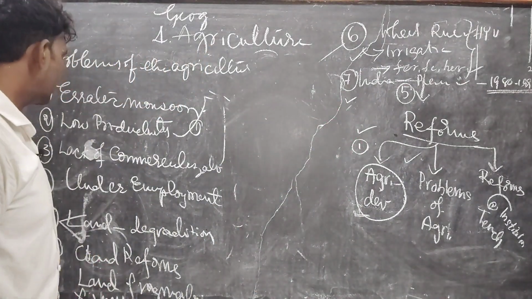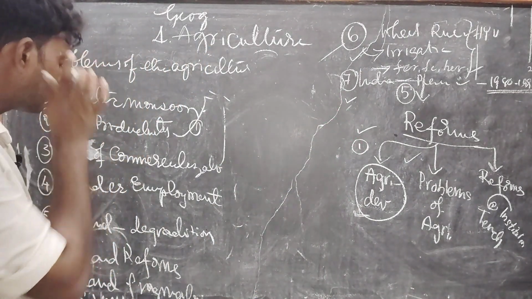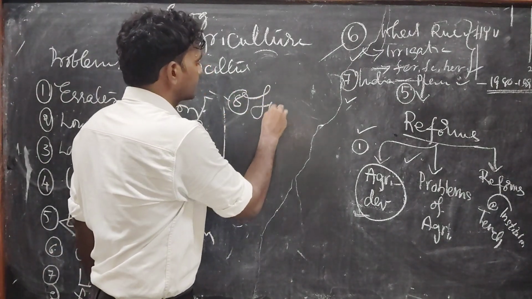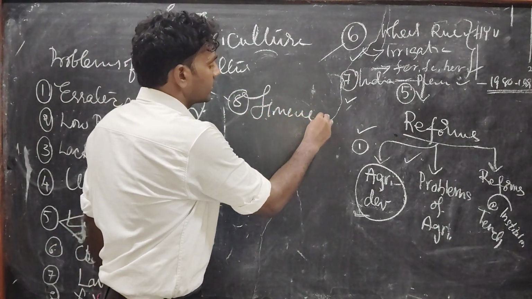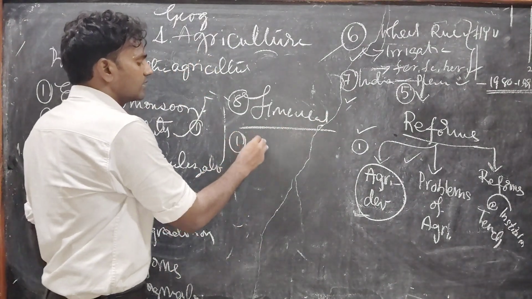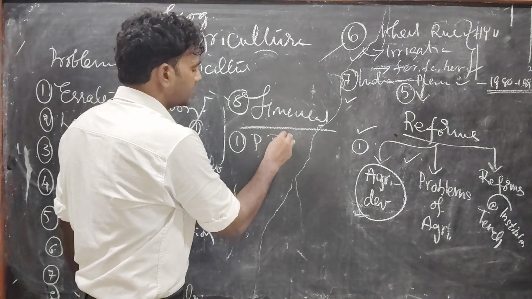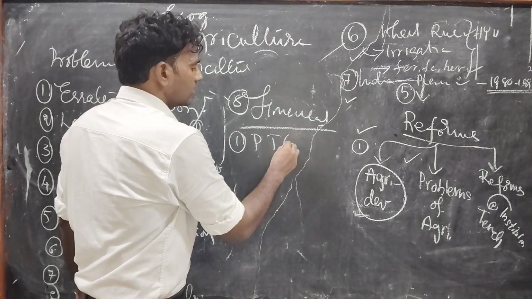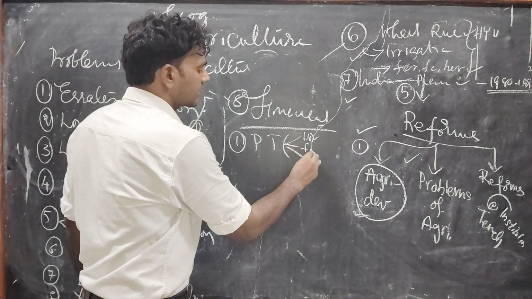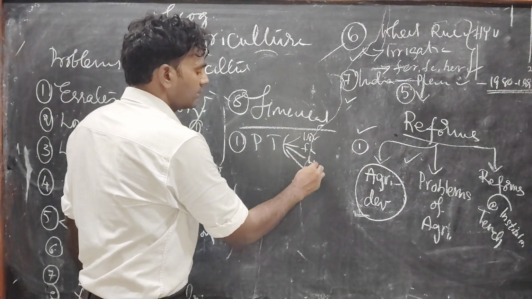Coming to the second one, it is regarding financial problems. What are the financial problems? It is very important. Nowadays we are using package technology. Package technology means using HYVs. Already we discussed HYVs, fertilizers, herbicides and pesticides